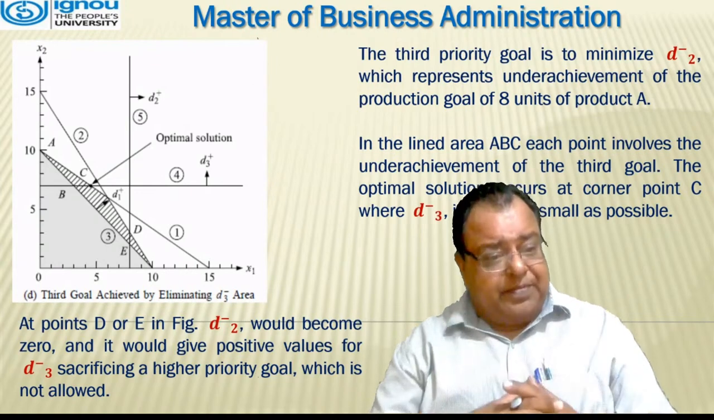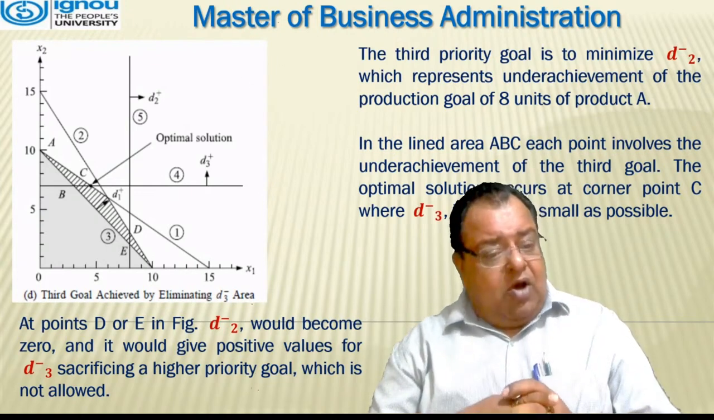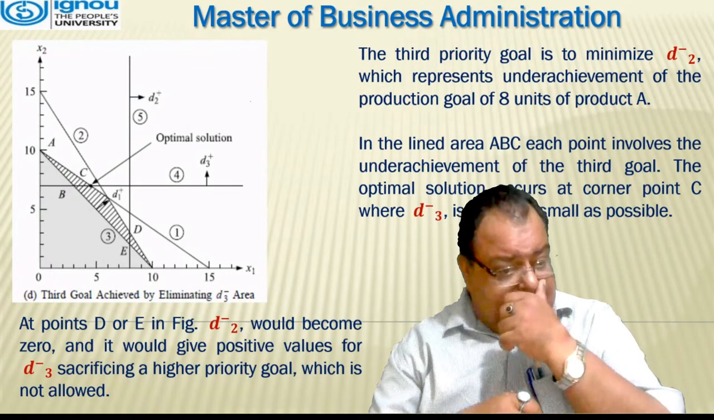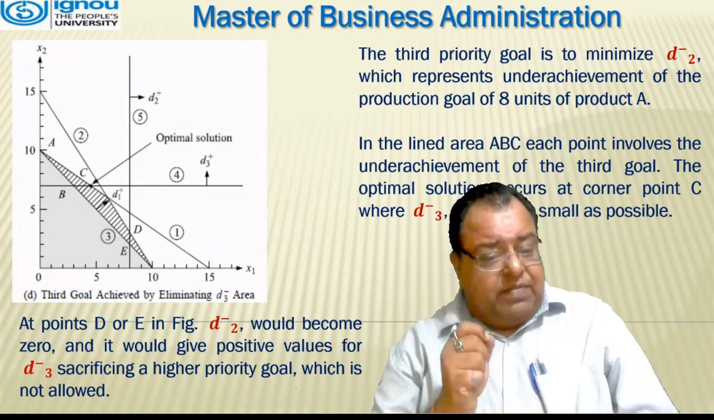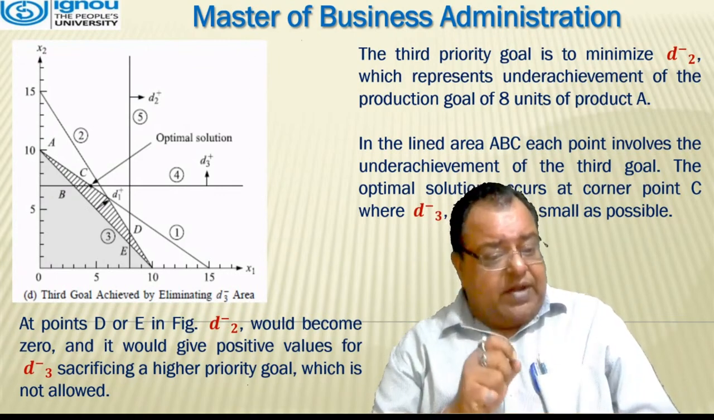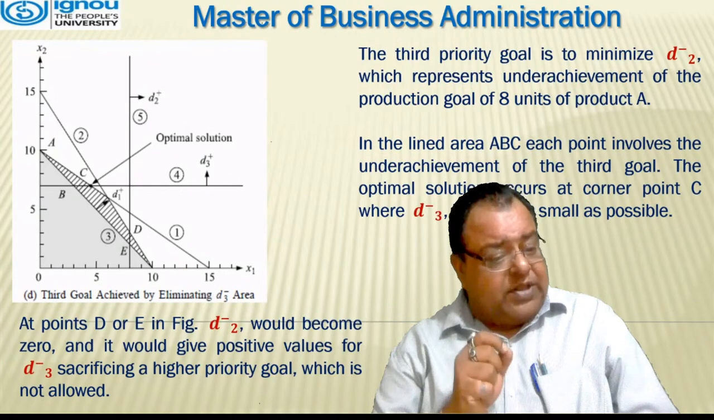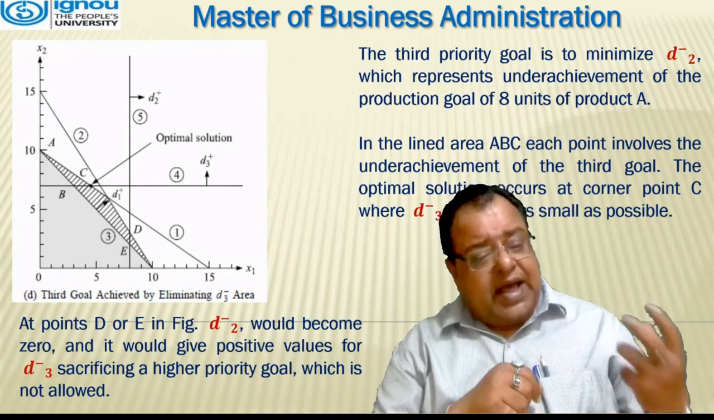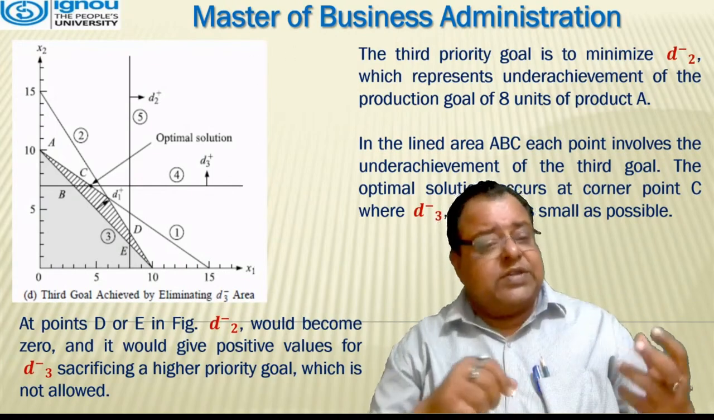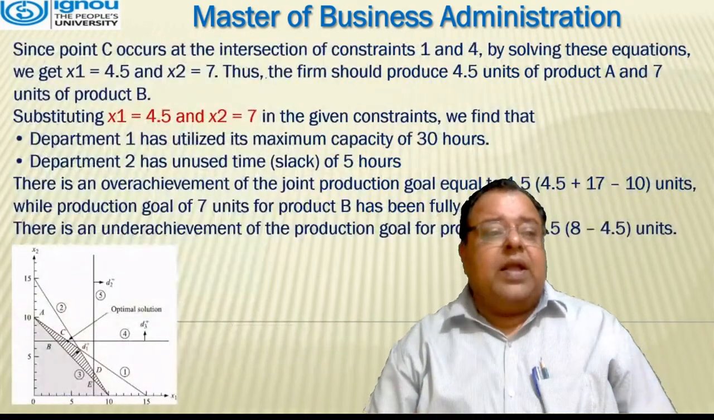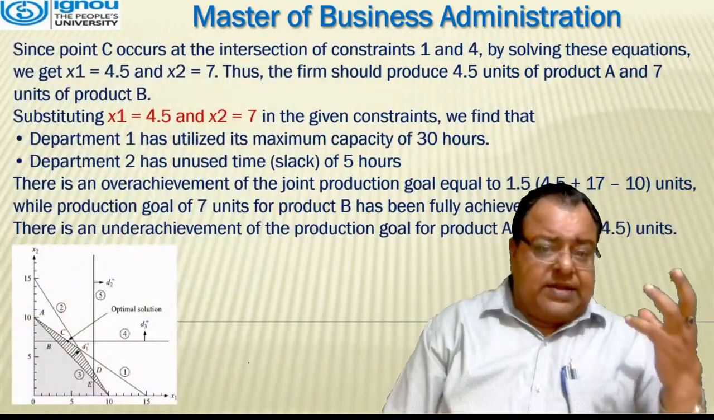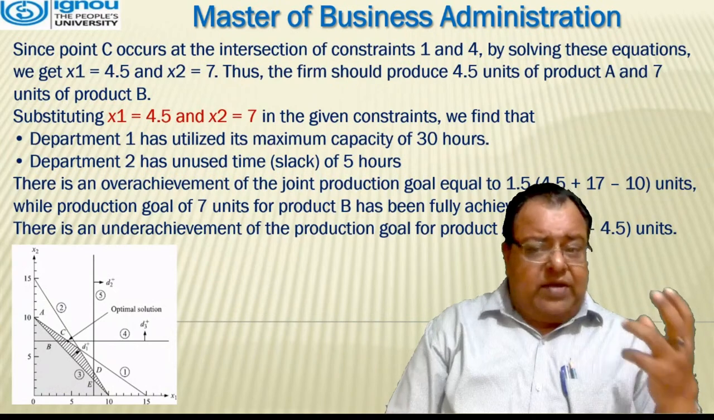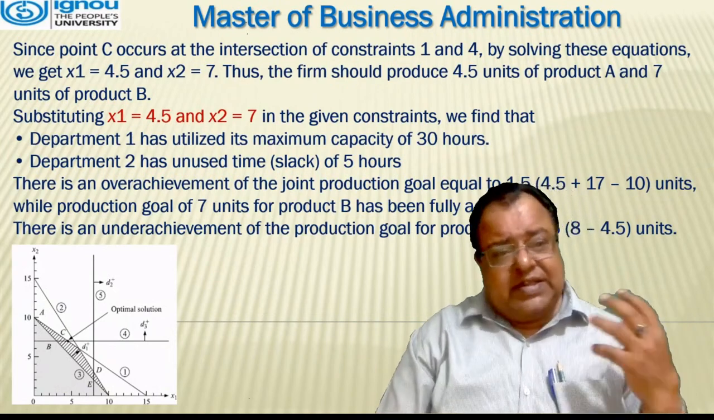At point D or E, they are on the same line. D2 negative becomes 0, and it would give positive values for D3 negative, sacrificing a higher priority goal, which is not allowed. Since point C occurs at the intersection of constraint 1 and 4, by solving these equations, we